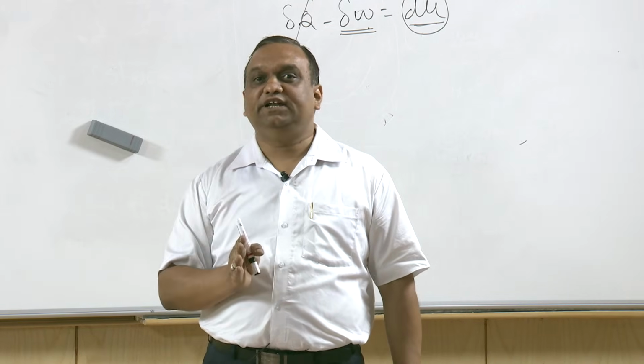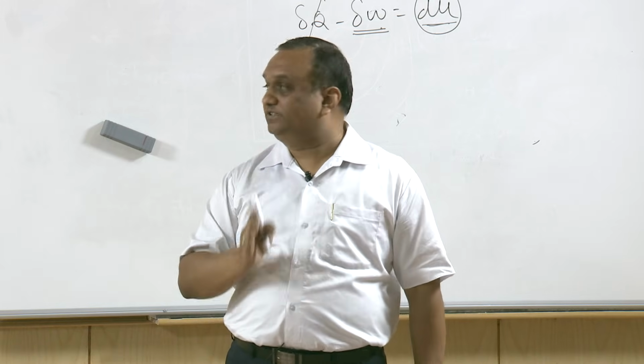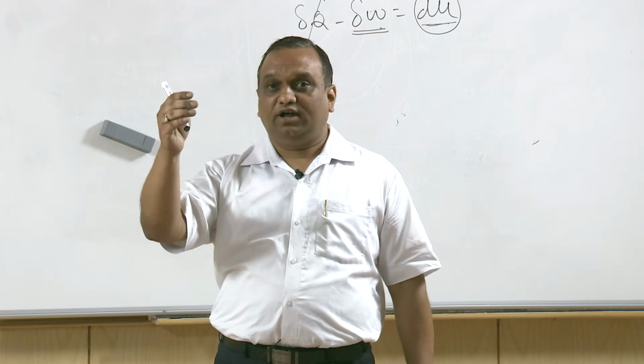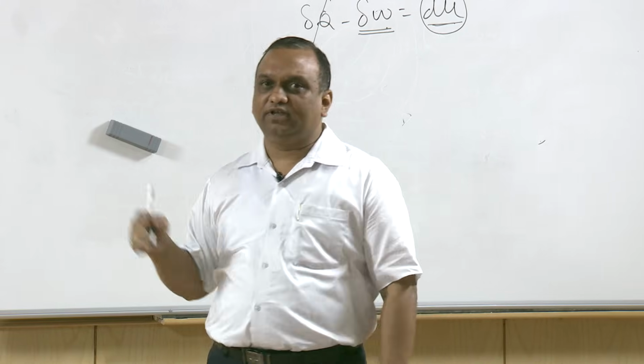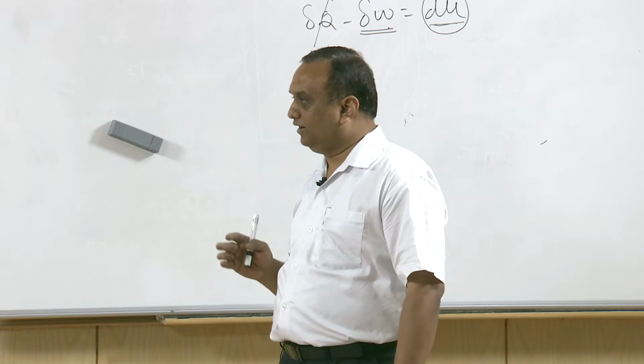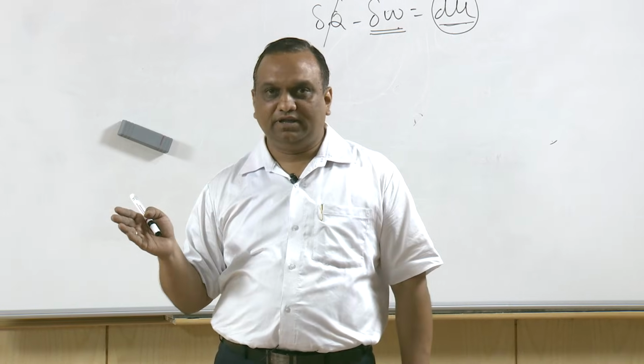So, no machine can have 100% efficiency. It means a machine cannot draw a certain amount of energy from the source and do an equal amount of work. That we will discuss during the second law of thermodynamics. And there is a perpetual motion machine of the third kind also.